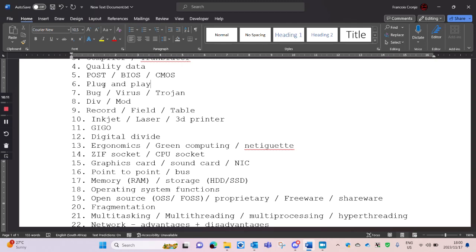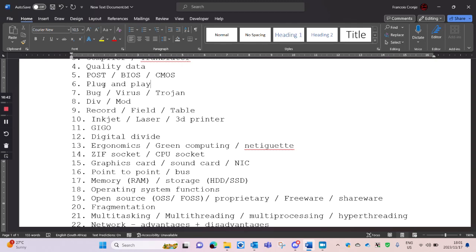Peripherals is like a keyboard and mouse. Any device you add onto your computer, we just call peripherals. And components is like inside the computer, like your CPU and your hard drive. Everything inside the tower is components. Everything outside, like your keyboard and your mouse and screen and joystick and whatever else you want to add on, those are peripherals. So it's sort of the same thing.